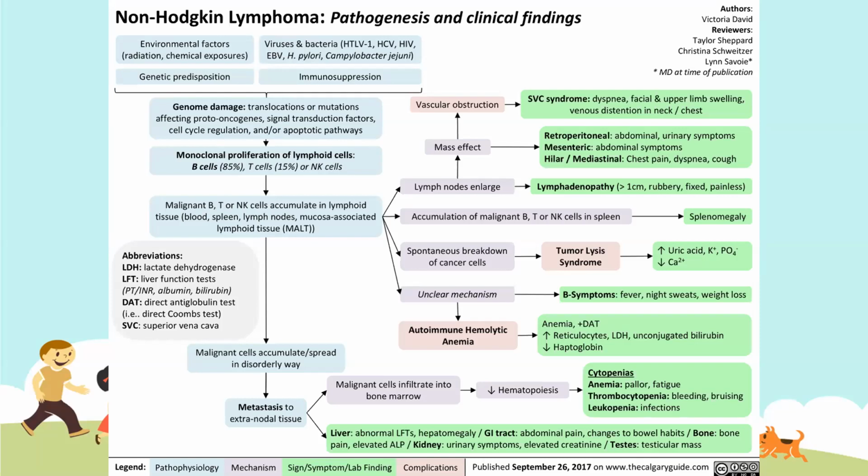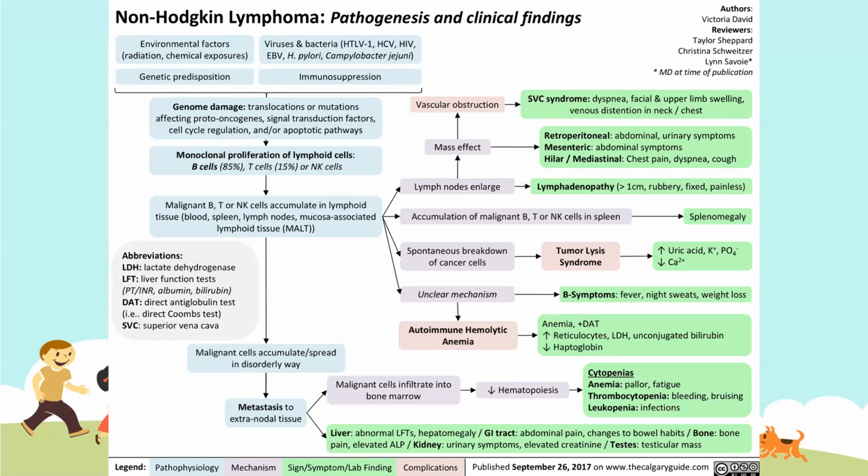And after that, if the lymph nodes become progressively enlarged, they will exert a mass effect, same as in Hodgkin lymphoma. It will exert the mass effect against the adjacent organs, such as the heart and the GI tract. And also when the mass is very enlarged, it will cause vascular obstruction, mainly of the superior vena cava, and give rise to superior vena cava syndrome. And then the malignant cells also will accumulate in the spleen and cause splenomegaly, and